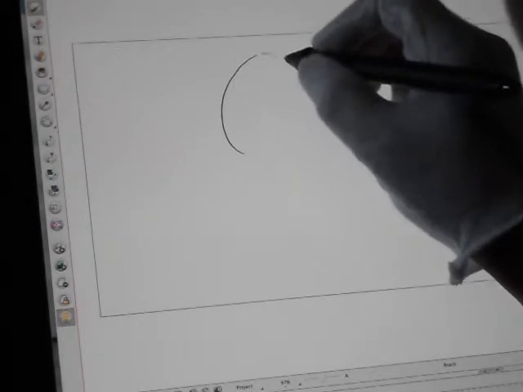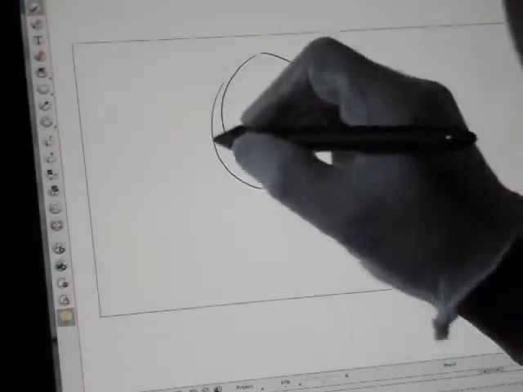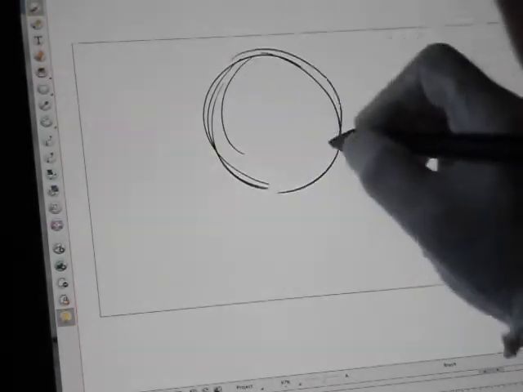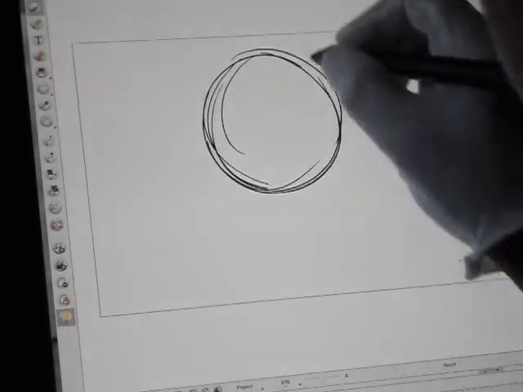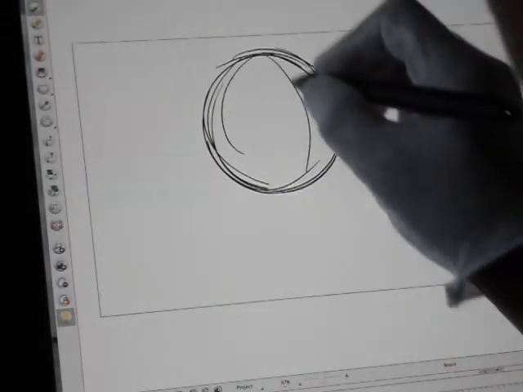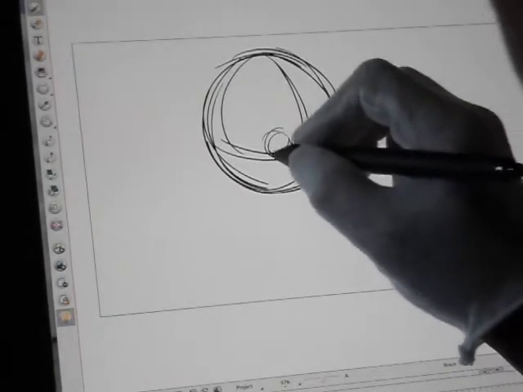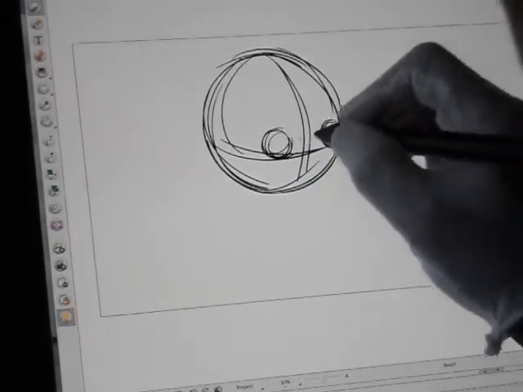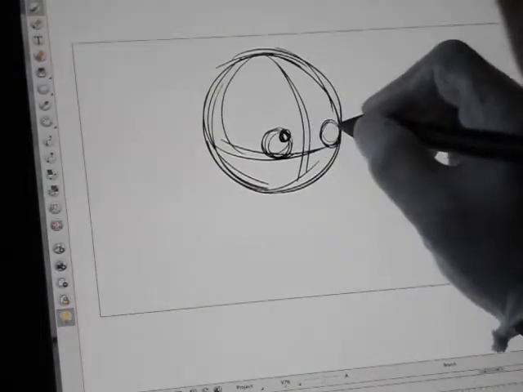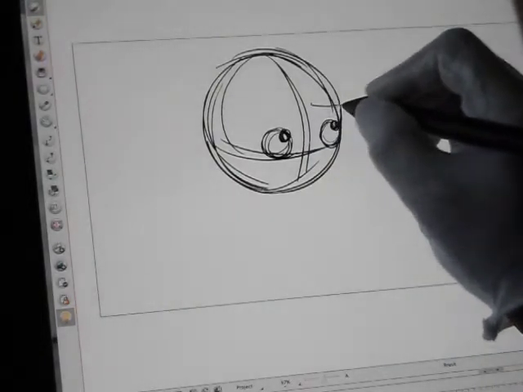Today I'm going to show you how I will draw a head and add an expression to a character reacting to something off screen. So I'll also show you how to put in an anticipation move for that quick head turn. So I roughen the sphere, bisect it with a line going down for the middle of the face, and one going across,